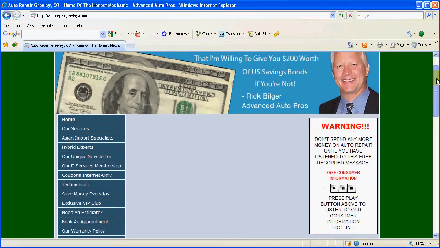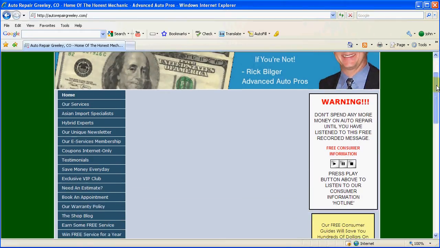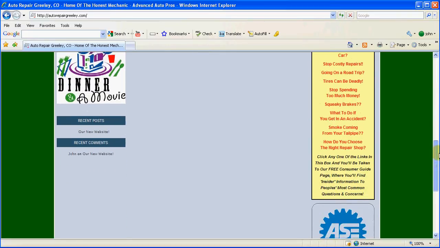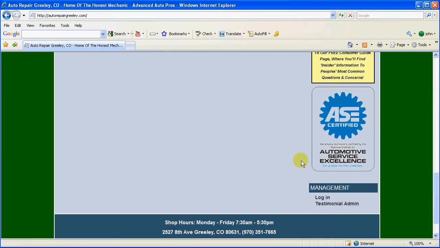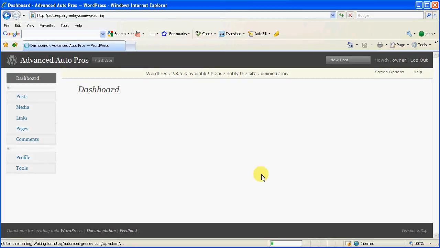So to log in, we first want to get into the back end of your website, or the back of the store, or the admin panel, whatever you want to call it. We need to get there first. So to do that, scroll down to the bottom right of your website and click on Login. As you can see, it opens up a WordPress prompt here, and we're going to pick whatever username and password that we sent you in an email to log into your website, and this is where you want to use it. So we'll get logged in here along with you,